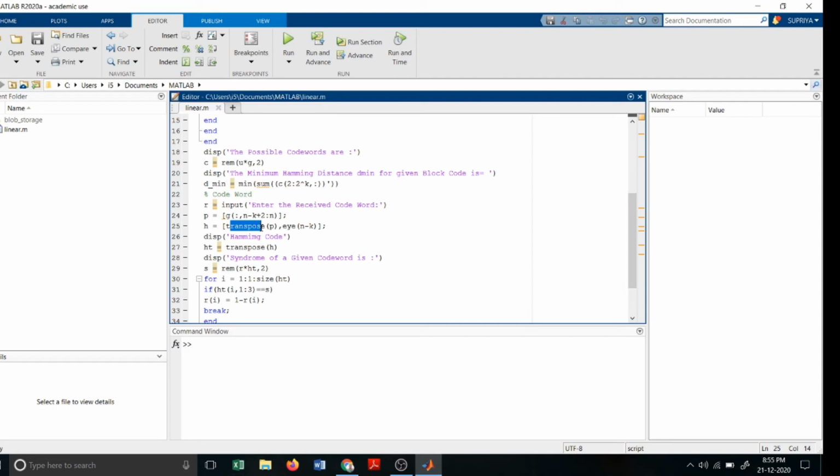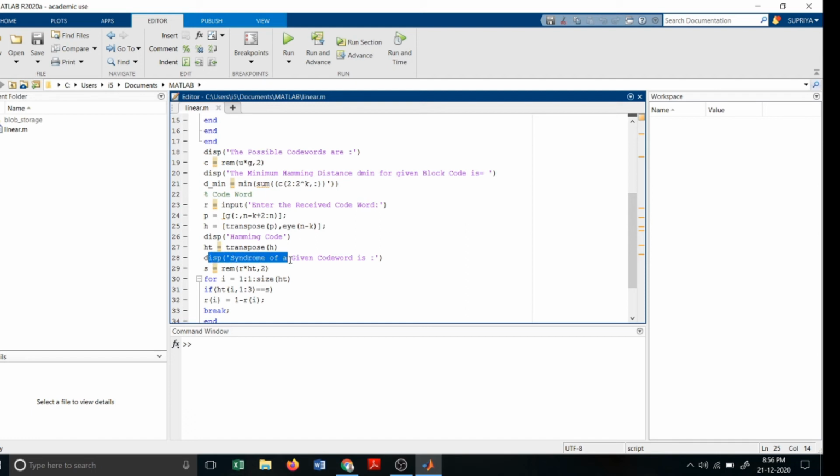Syndrome check is nothing but the error which is present in the code. We have to calculate the error in the code. For that we are going for syndrome check. So syndrome check can be calculated from mu into H transpose. For that we are calculating the transpose of the matrix.